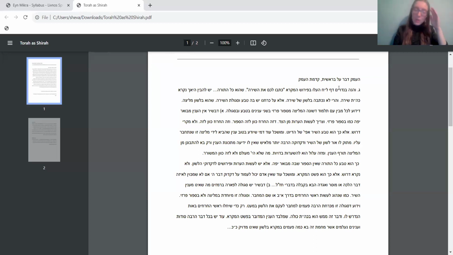El al karchenu yesh ba teva v'segula tashira. So what it means, and Netziv says what it means, is that it has the characteristics of a song, of shehu b'lashon melitza. It is poetic. It's written in a poetic way. Sorry, what does that mean? We have to understand, how is it written poetically? What are the characteristics of poetry that are also true about Torah?